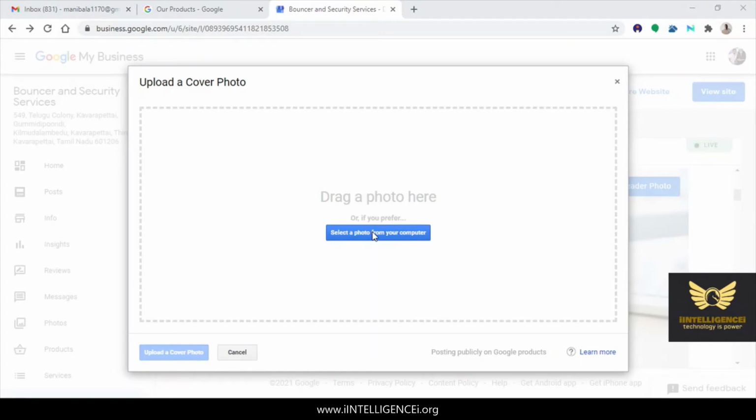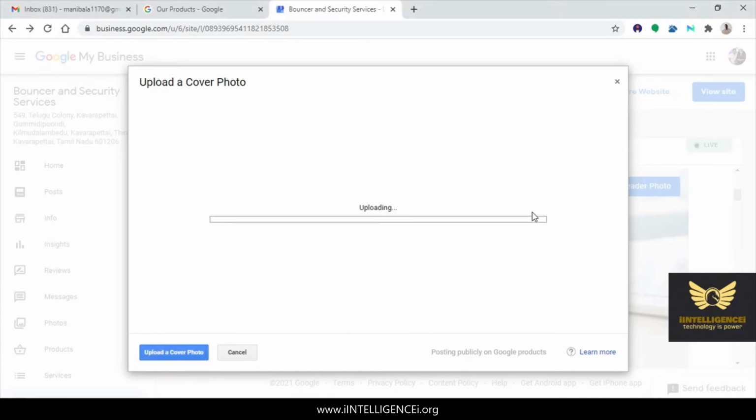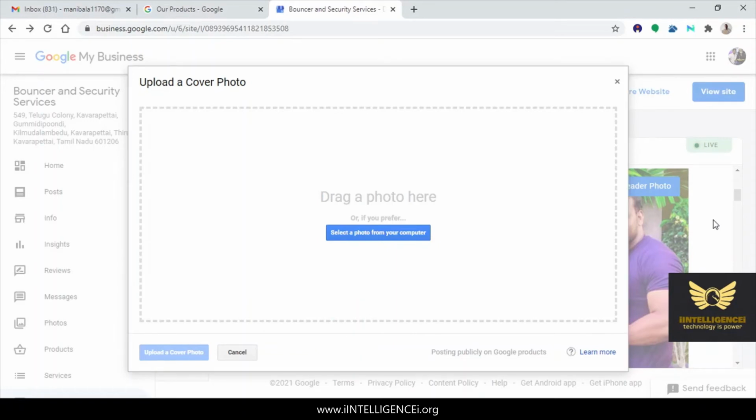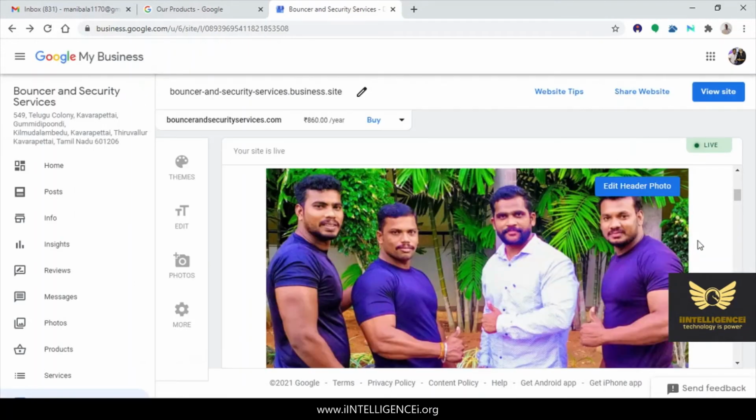Select a photo from the computer. So I'm selecting this photo. It looks much nicer. Okay. Let's close it. Right.